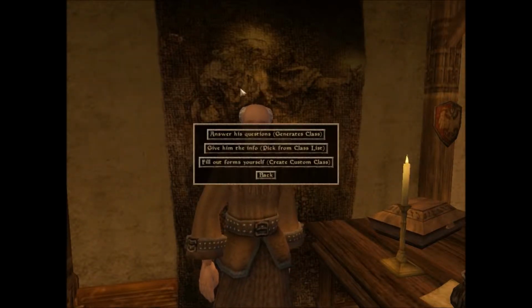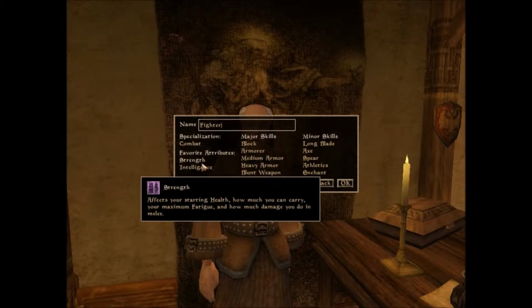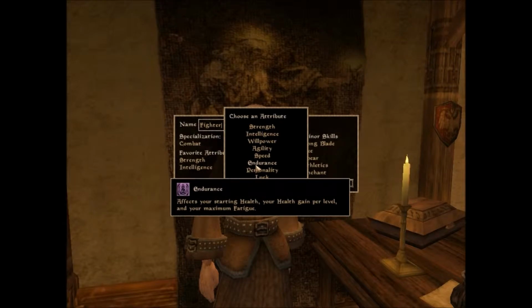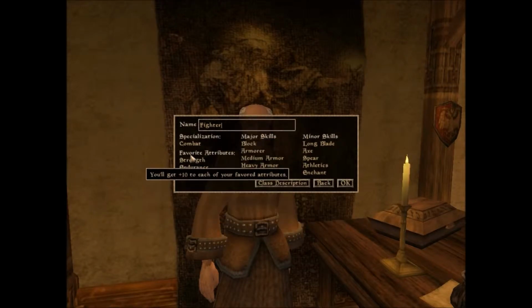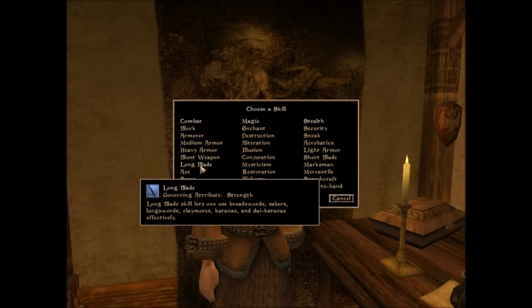Okay, so what he's doing now is we gotta make a class, and of course we're going to be sort of a fighter, so why not just name it fighter. Specialization is going to be combat. Attributes, we're going to do strength and endurance, which is pretty much every warrior's kind of need. So we're going to give him